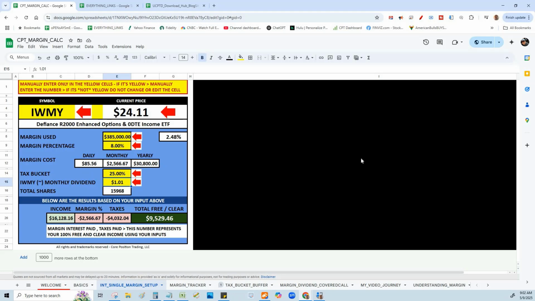Now, it's pretty basic, and it also accounts for the taxes. That's very important because those are things that are left out. Even in a lot of my videos, I don't like to talk about taxes because everybody has their own tax situation. You might have a write-off and I might not. But when it comes to this margin dividend investing, we're probably going to have to pay the tax man.